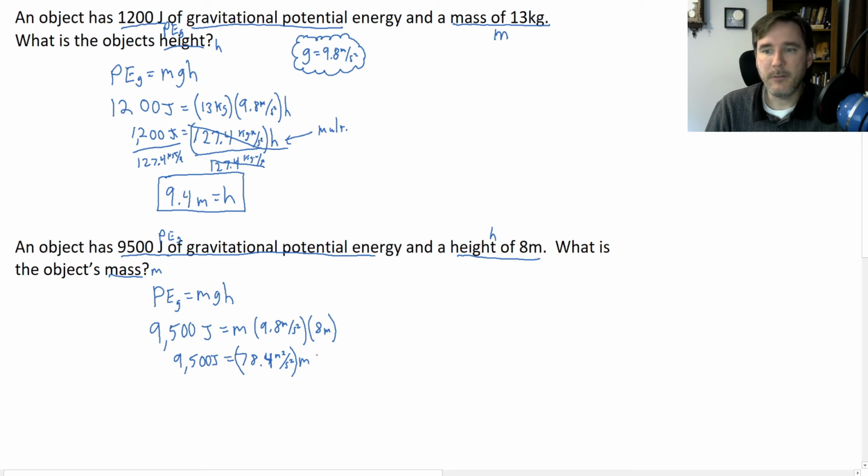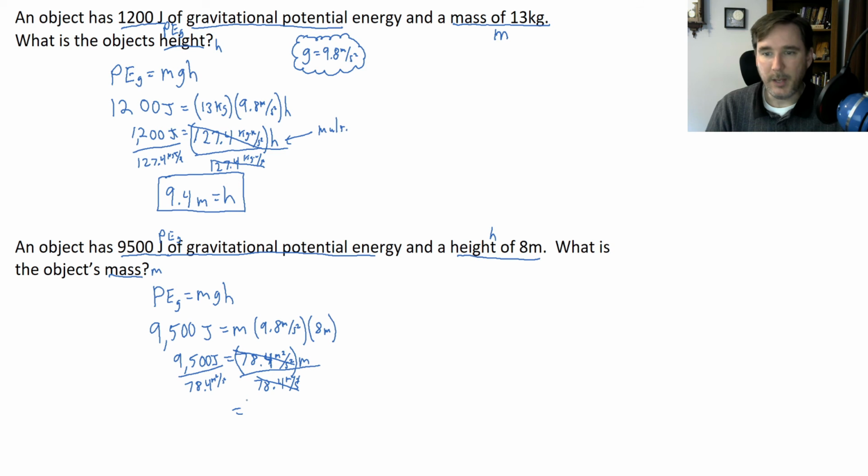Now I want to get m by itself, and once again we're multiplying. So what do we got to do? We have to divide, okay, to get rid of 78.4 meters squared per second squared. And that will make sure that cancels out, leaving us with just m on the right hand side. But whatever we do to one side, we have to do to the other. So 78.4 meters squared per second squared over here. And what that's going to leave us with is going to be just kilograms because of what joules is. Joules is a combination of other units. It's a derivative unit. So 9,500 divided by